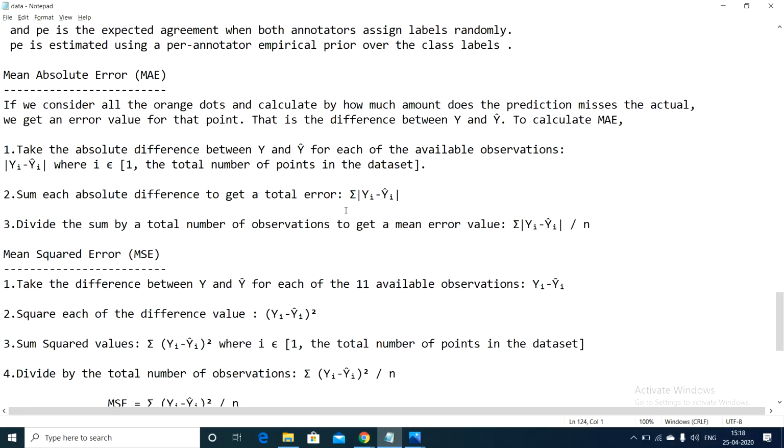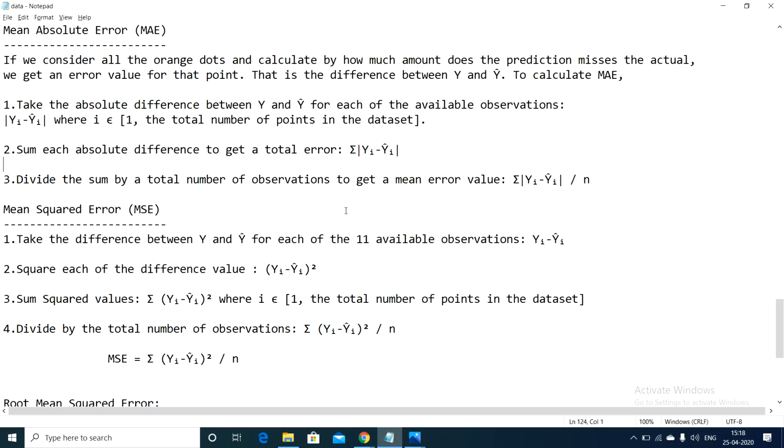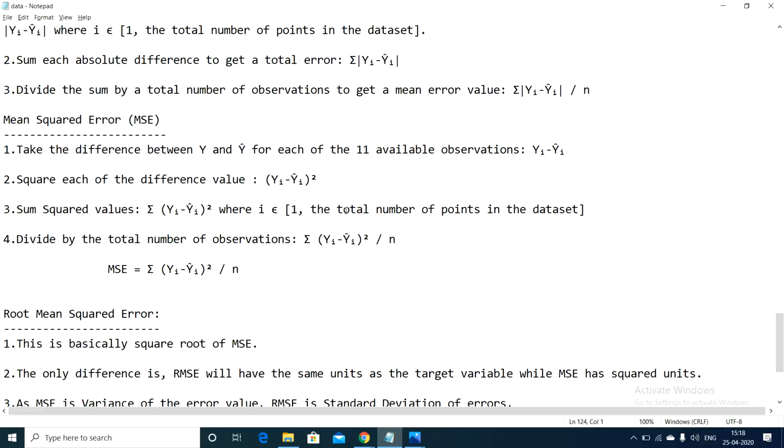I think this is clear for you. Taking the difference between actual value and predicted value is known as error. In mean absolute error, we consider absolute values, sum them, and divide by the number of observations. Okay? Now, in mean square error,